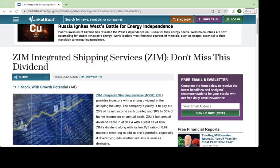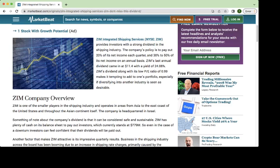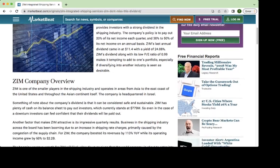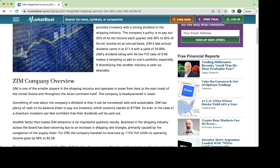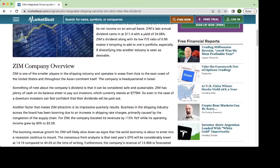Well, there's a few things to consider with ZIM. As I said, one of the big draws of ZIM is that it does have this epic dividend. And there's a few pros and cons with ZIM that we should consider here. So one of the big pros is the fact that they do have just a small mountain of cash sitting around. They have $779 million of cash on their balance sheet, which is awesome. And it's particularly awesome for a company like ZIM for one big reason, which is having that much cash around